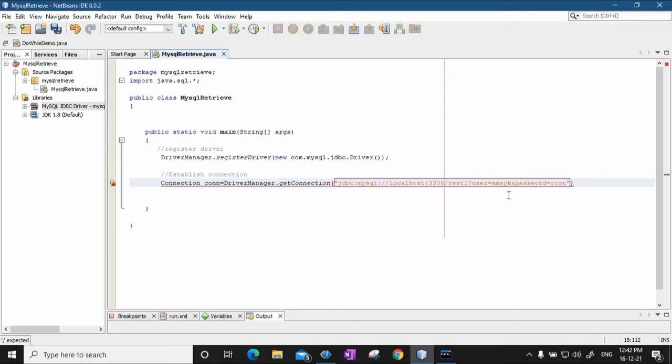While installing your MySQL, you must have already set this port number and some username and password. So you need to copy or remember that, and write the same username and password here, and then the semicolon.